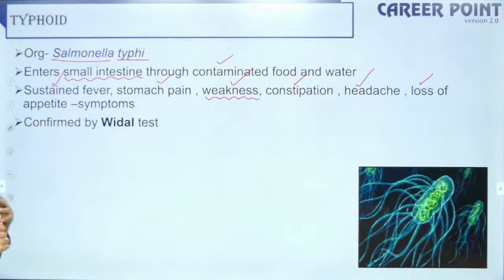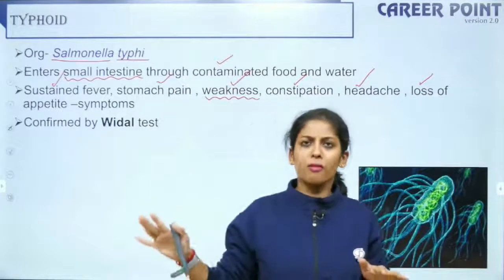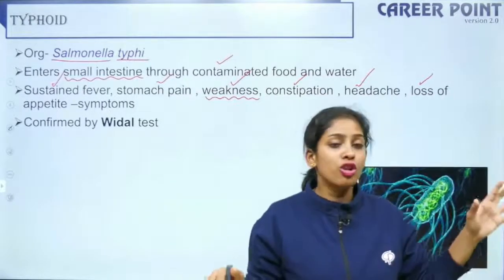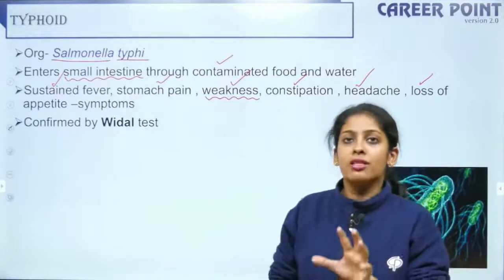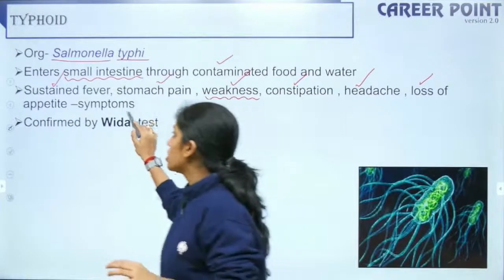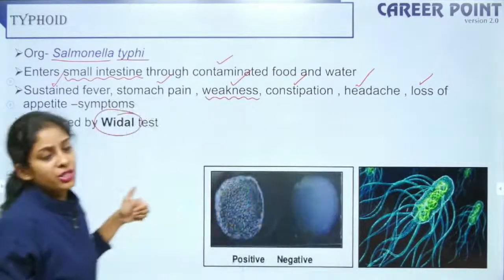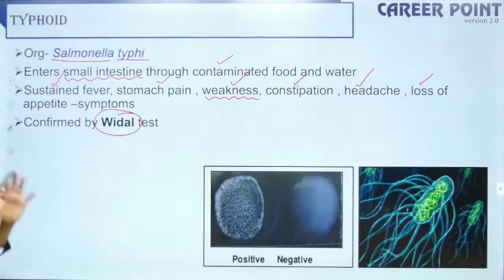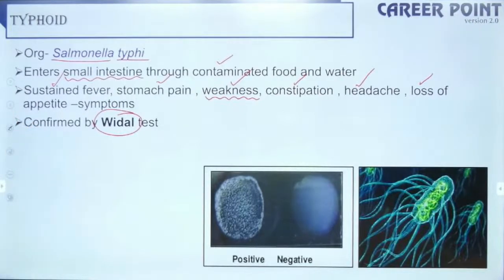How do I check if a person has fever by the normal method or by the normal imbalance in the body, or by a bacterial infection or by a viral infection? If it's especially by Salmonella typhi, the test is confirmed by what is called the Widal test. Fine. So this is all that you need to remember for typhoid, and I'll tell you this slide is of utmost importance and there's a high chance that you can get a question from this chapter. Okay, so here we go forward.